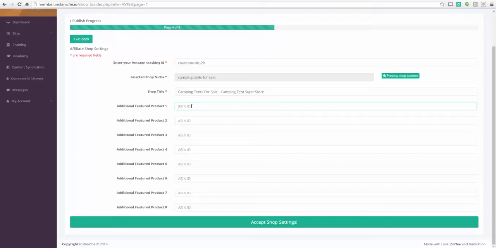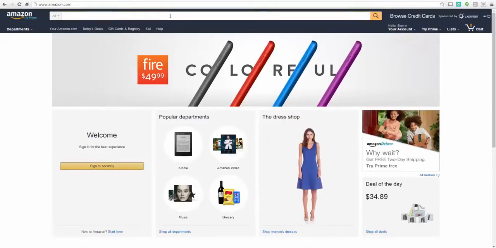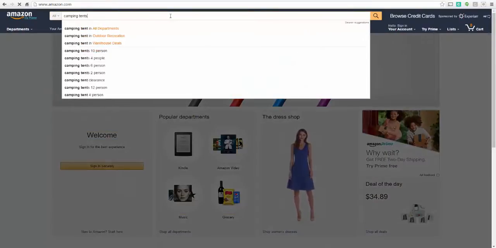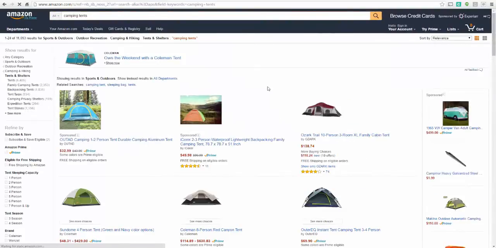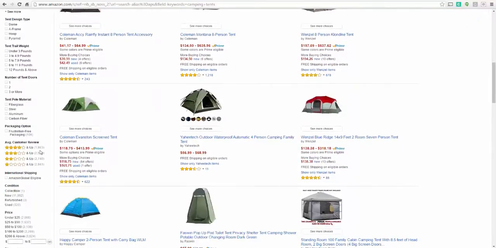Additional featured products. This is where you would put in featured products that you decide that you want to feature within Amazon. So I'm going to go over to Amazon real quick and pull up some featured products by their product ID that I want to show up here. So all I need to do is go over here to Amazon.com, and since I'm talking about camping tents, I'm going to say camping tents right here into Amazon,